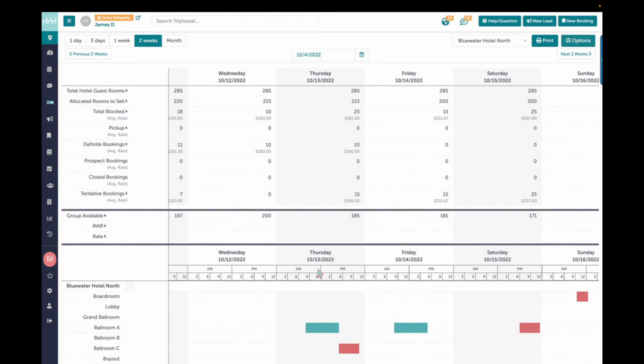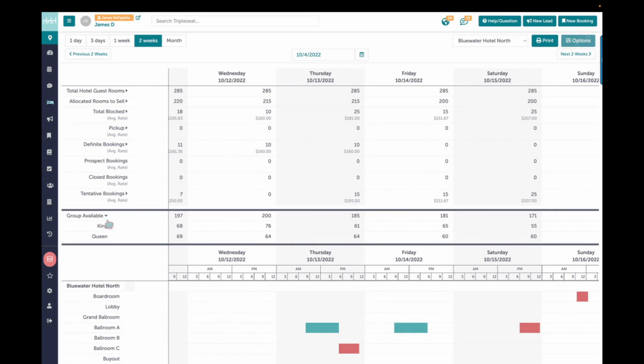All right, so let's go down a little further. It's always going to, at a quick glance, tell me: do I have rooms available? Again, keeping in mind, if you're integrated with a PMS system, this is going to automatically talk. Otherwise, you have to have a good solid system of using Tripleseat as far as, are we really using all those rooms? If you have people making reservations out of that same inventory, it's really something you have to keep in mind,